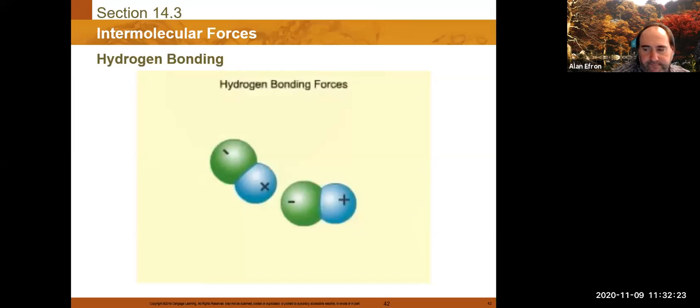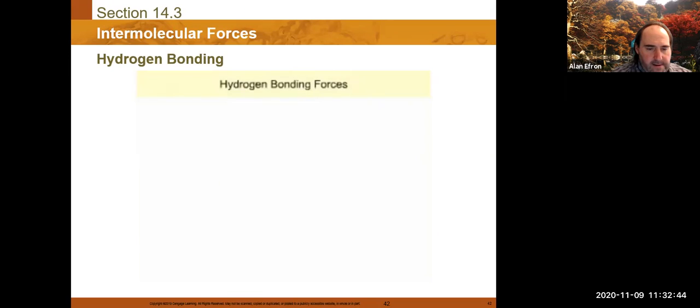Some polar molecules have unusually strong intermolecular attractions called hydrogen bonding. These attractions occur in molecules where hydrogen is bonded to fluorine, oxygen, or nitrogen. The interaction occurs between the hydrogen of one molecule and an unshared electron pair on the more electronegative element in another molecule. The orientation of hydrogen fluoride and water molecules in the liquid states of these substances is determined by